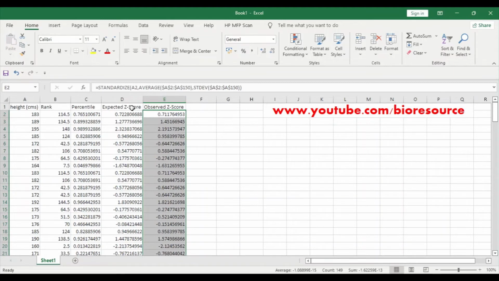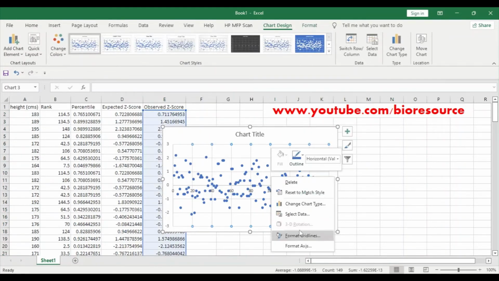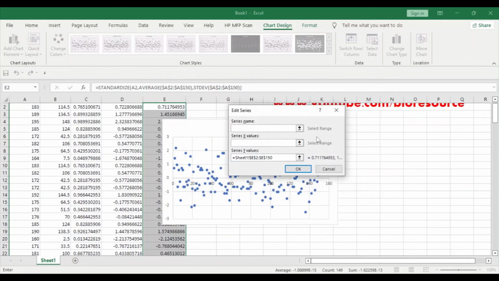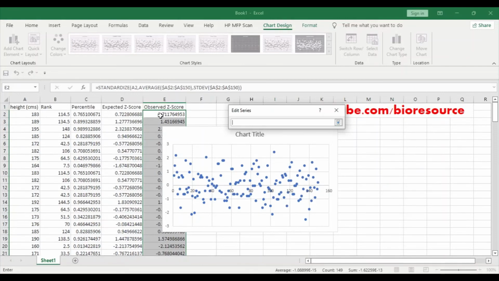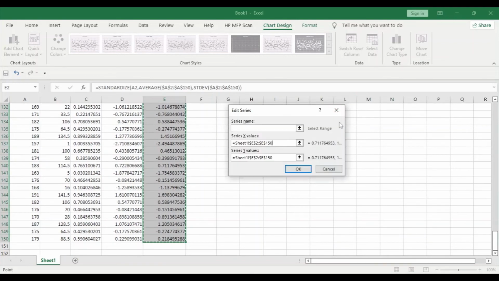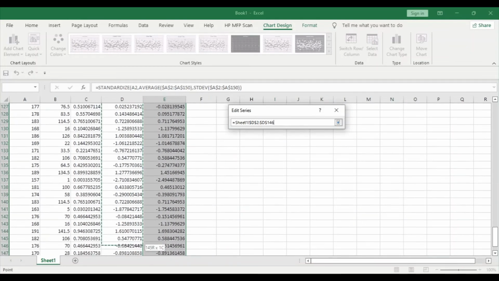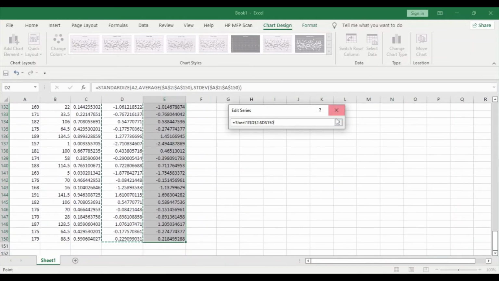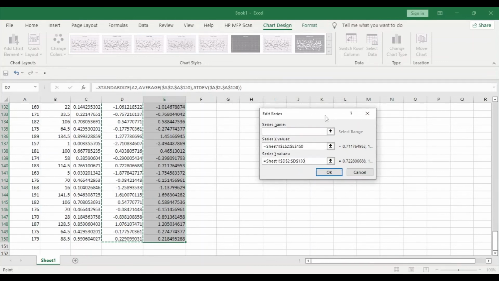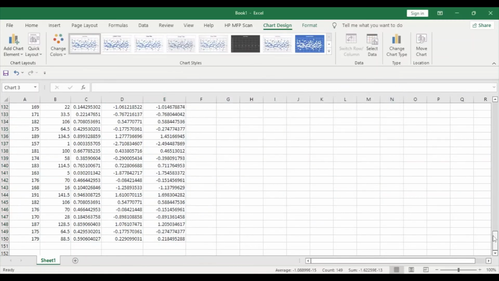Now let's plot this. We can select Select Data, go to Edit, and select the series X values as the observed and the series Y values as the expected. And click OK.